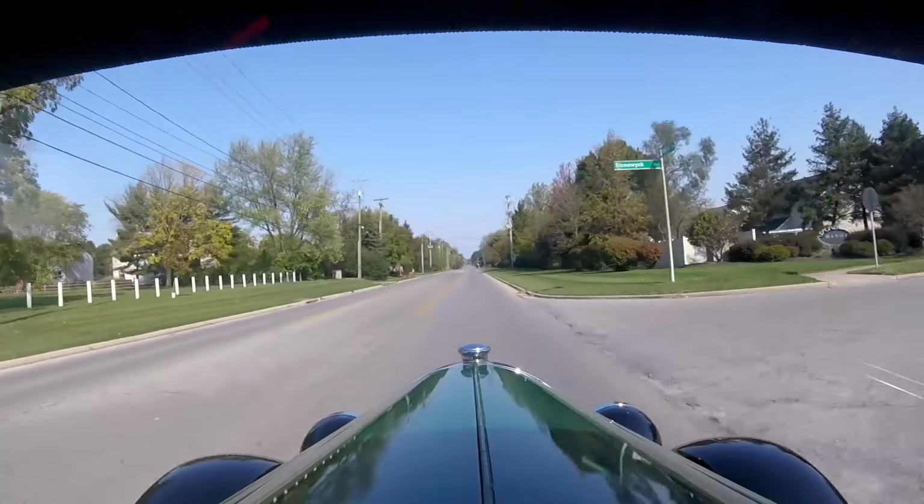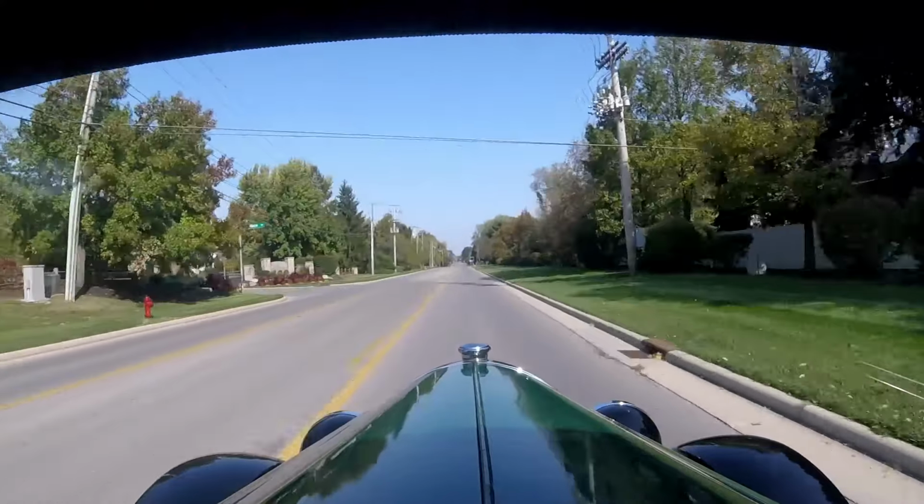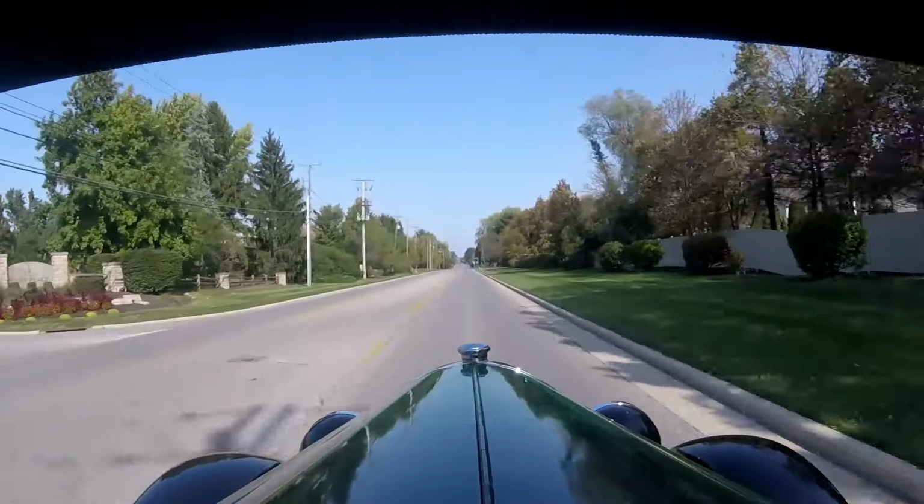Shifting without grinding requires some awareness of the speed of the engine and the speed of the wheels. It is of course possible